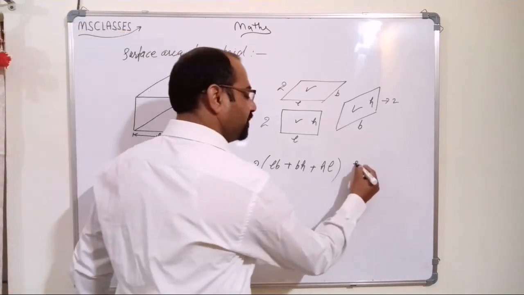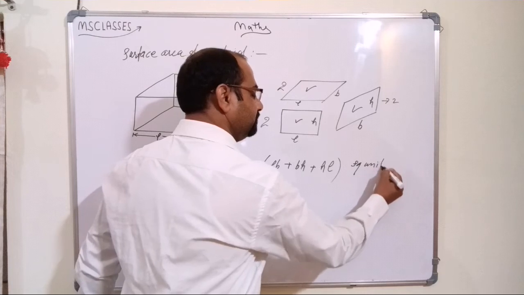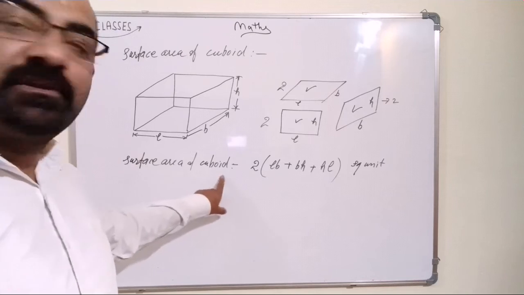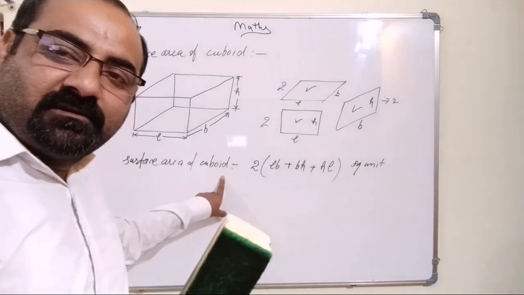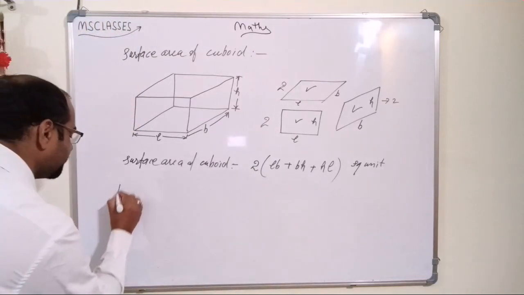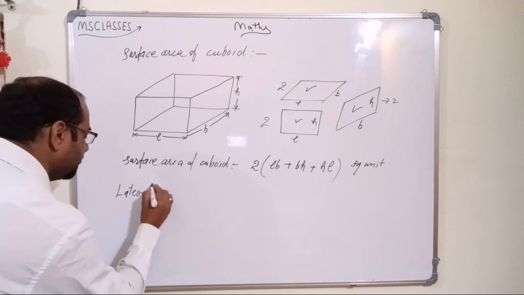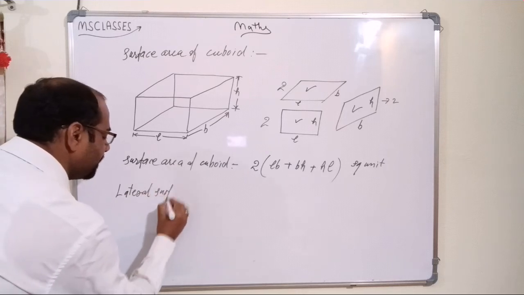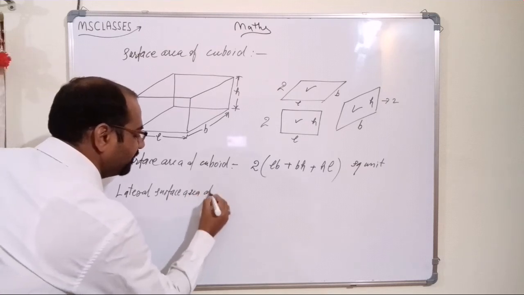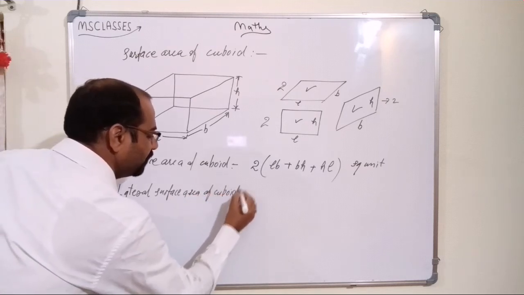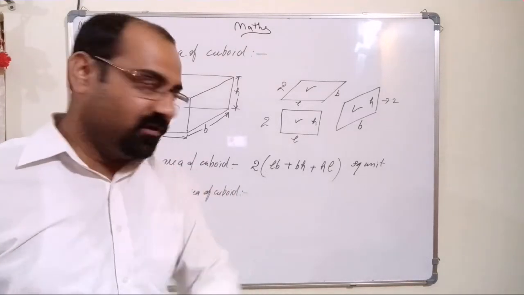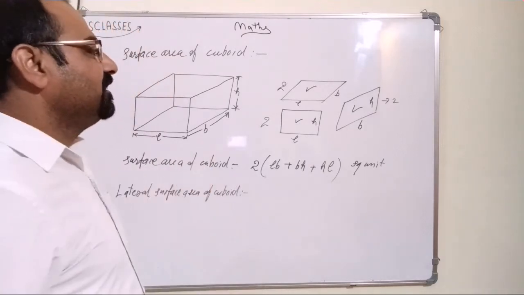The unit is square unit. This is surface area of a cuboid. One very important question, another question is lateral surface area of a cuboid. Now what is lateral surface area? Lateral surface area means area of the 4 walls. 4 walls, you have to neglect